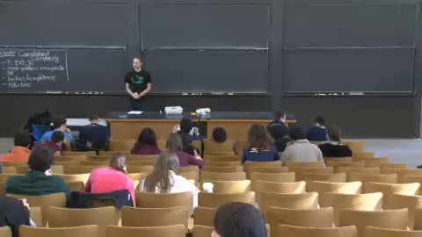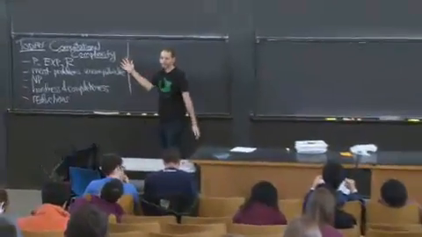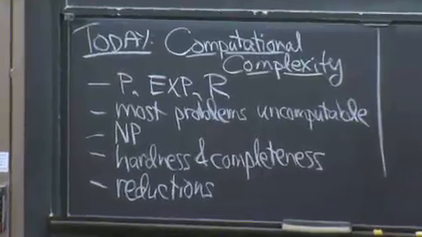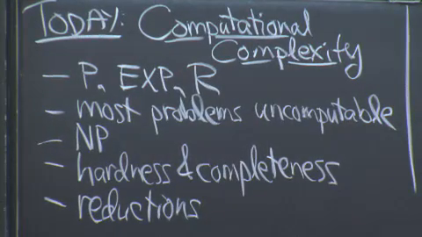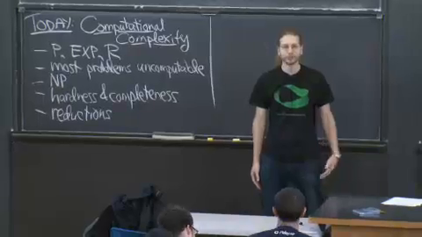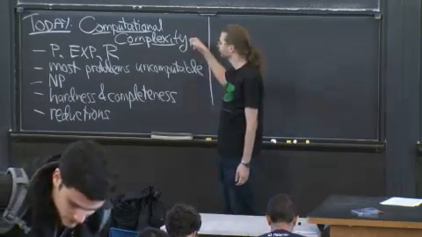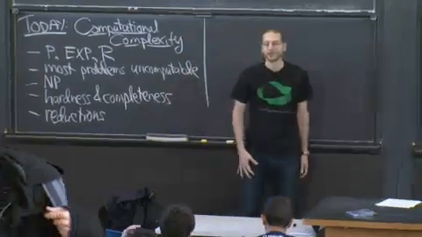Today, we're going to do computational complexity. This is rather different from every other thing we've seen in this class. This class is basically about polynomial time algorithms and problems where we can solve your problem in polynomial time. And today is about when you can't do that. Sometimes we can prove you can't do that. Sometimes we're pretty sure you can't do that. But it's all about negative results when your problems are really complex.